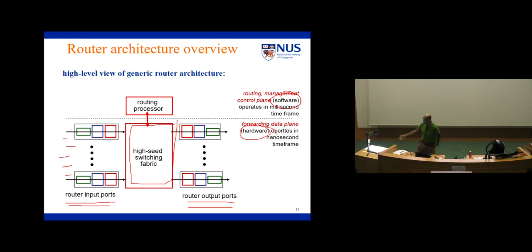However, if you have calculated that forwarding table, that doesn't need to change very often. Most of the time, once you've computed it, you're probably done. Periodically, maybe you want to change it. Maybe if you worry about congestion and other things, periodically you recompute your forwarding table. You don't do it every nanosecond. Maybe every 5 minutes, something of that order. So this part can be slower. So this part is done in software, which is usually,